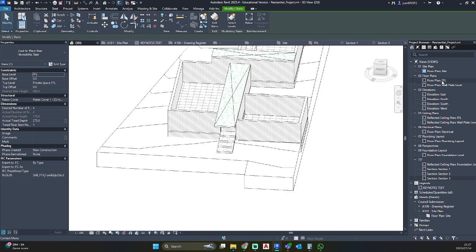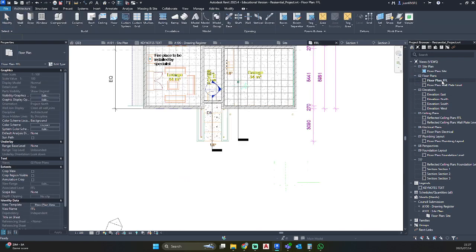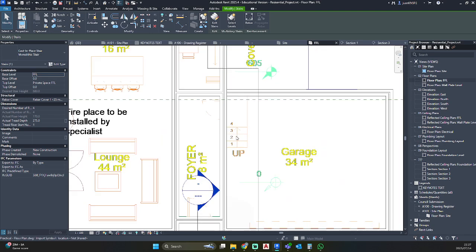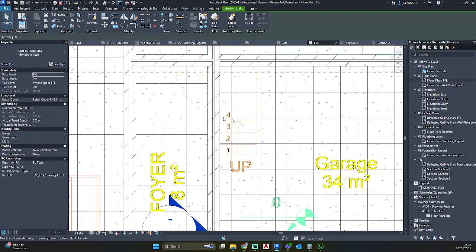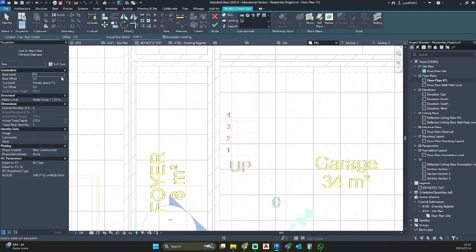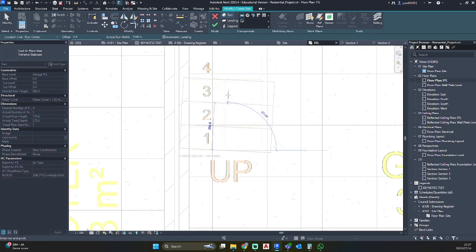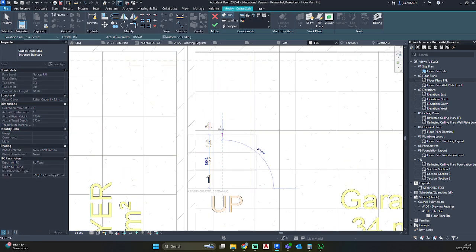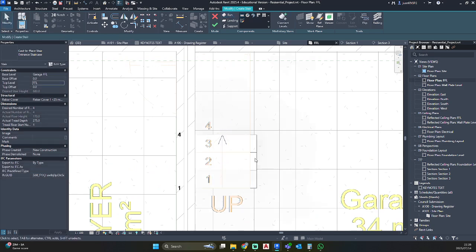So let's quickly do the last staircase. Go to the floor plan for the one by the garage. Architecture, Stair, make sure you set your base level at garage and your top level at public space or finish floor level. Just going to click on that center line, just drag it up.